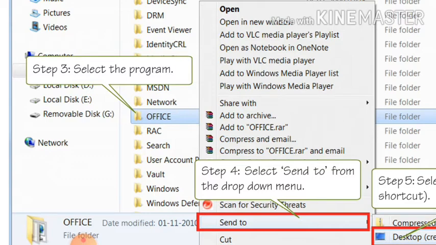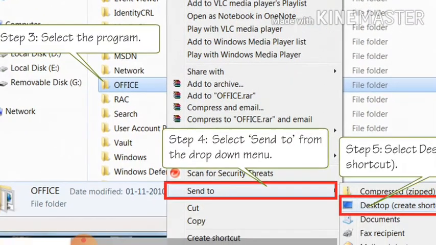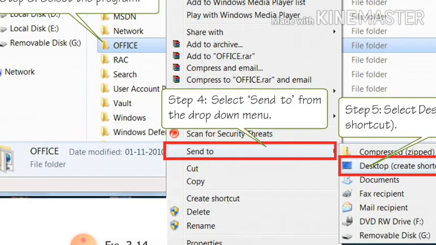Second step, open the drive. Third step, select the program. And fourth step, right click on that folder, file, or program. Right click on any file, program, or folder, and click on Send To.